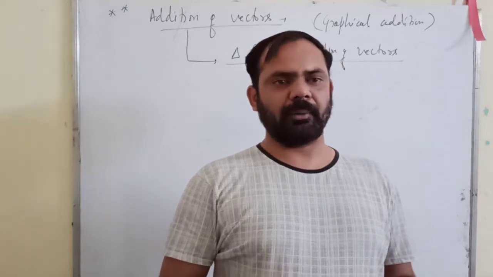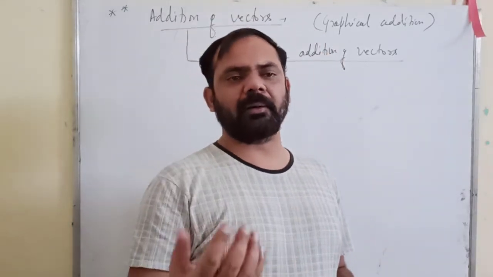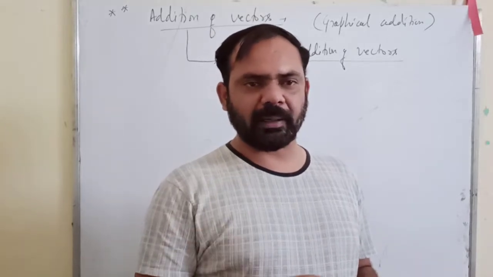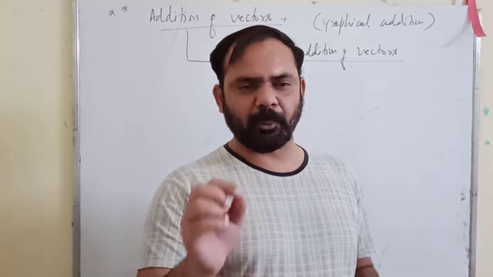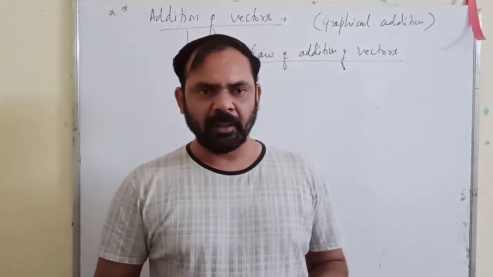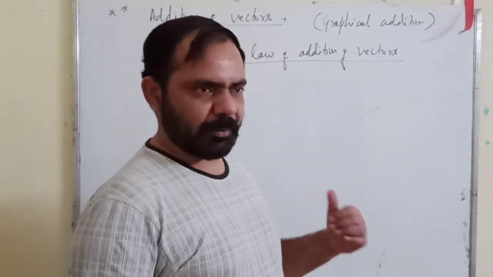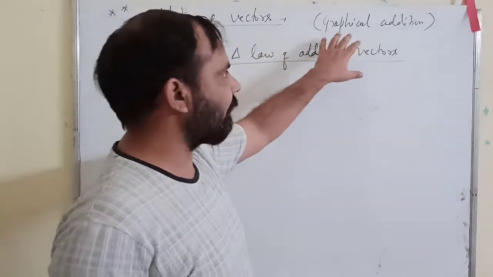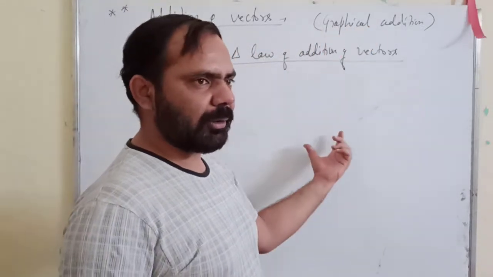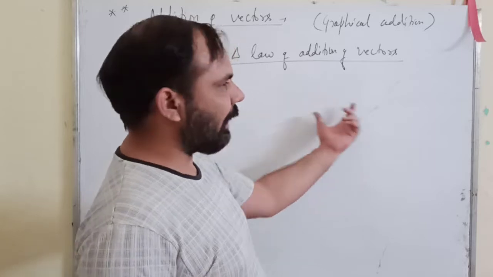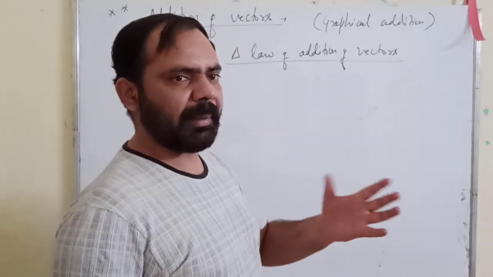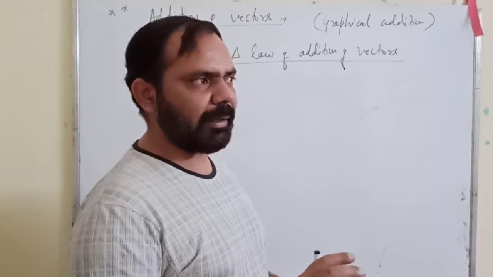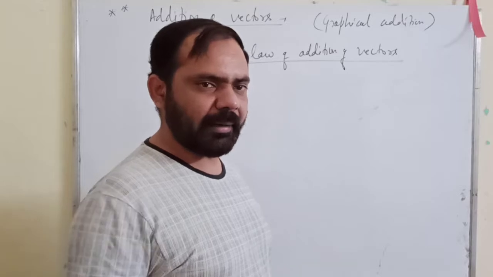You will represent the given vector with the help of an arrow. The length of the arrow will tell you the magnitude of the vector quantity, and the point of the arrow mark will represent the direction. Then you will add the vectors by representing them in the form of pictures. So first of all, I am discussing the graphical addition. You draw the pictures for the given vector quantities and you add them. Later on, I will tell you a method called the analytical method, meaning a mathematical way to add the vectors simply without drawing any pictures.